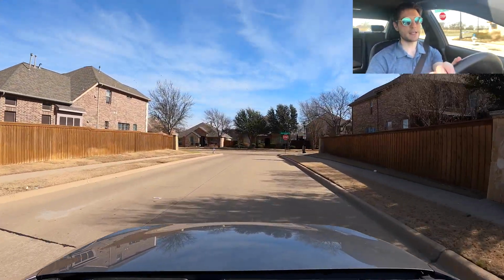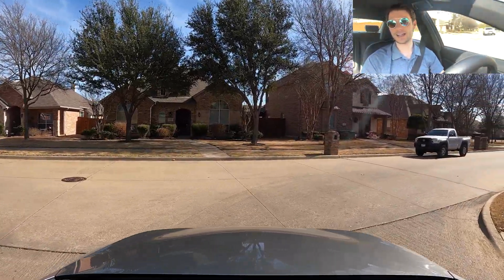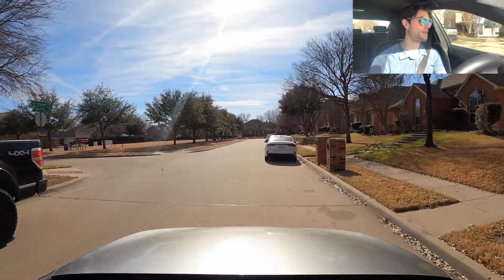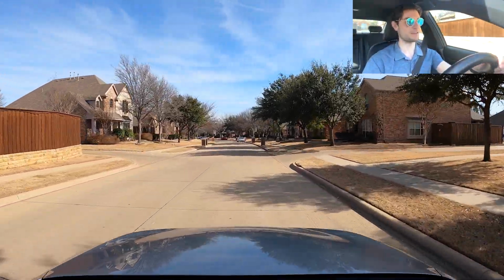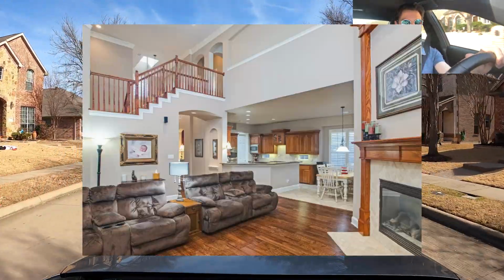So Hunters Creek is gonna have an HOA of $800 annually. They had a sign entering the neighborhood that said that this is a 5-star Frisco neighborhood. I'll tell you what, with a field like that and benches like those with a trash can, how could it not be 5 stars? All right, so within here, you're gonna have an active 4-bed, 3.5 bath, 3,884 square feet,